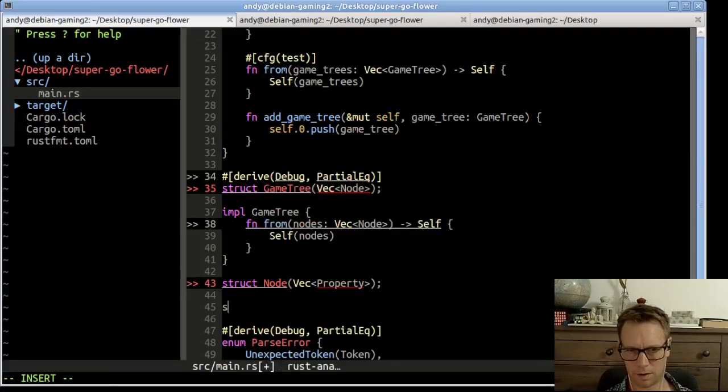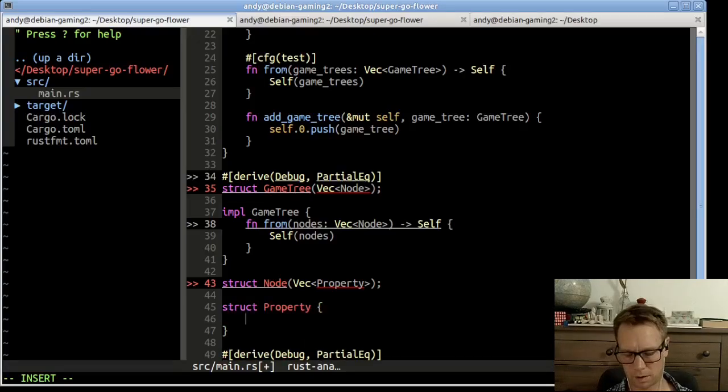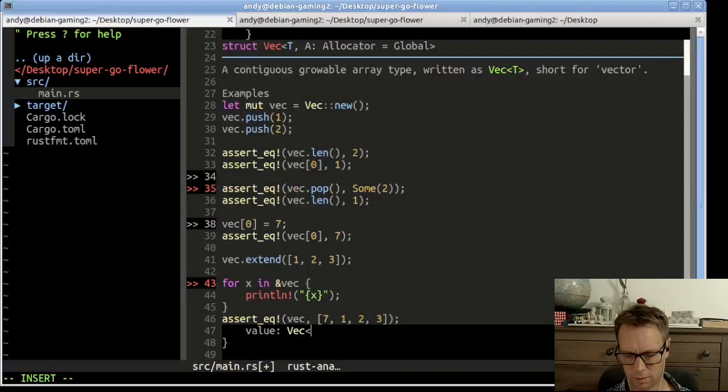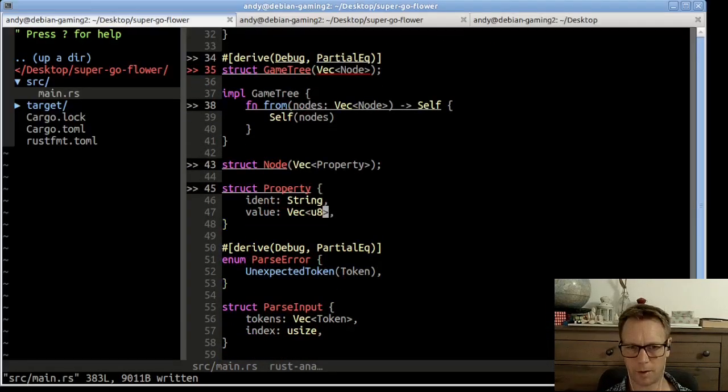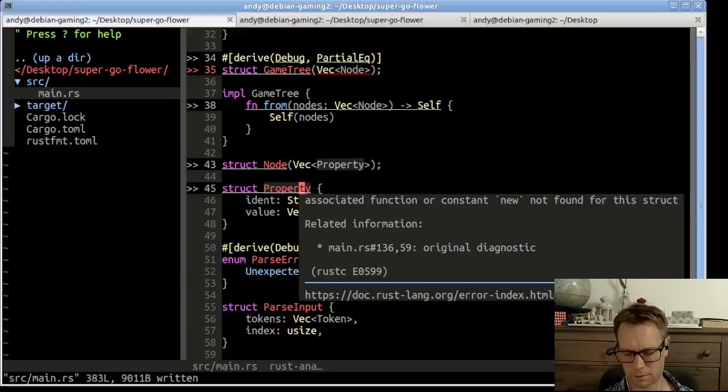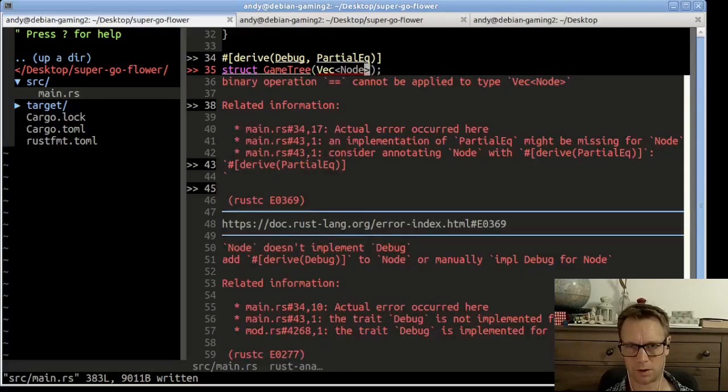And a property has an ident and a value. And yeah, like I say, at the moment this is all very undefined. It's just going to be a string for the property ident, and the value is going to be a vec of u8, and then there'll be some way of transforming these properties into things that have more meaning. Right, so